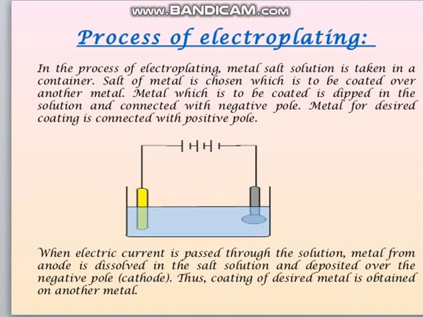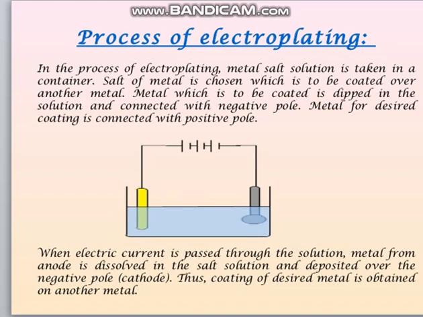Suppose we want to do electroplating of iron with copper. Iron spoon is there and on which we want to make the layer of copper. So that iron spoon will be used as cathode and the copper whose layer we want to make over the iron, that metal, that is copper, that will be used as anode. Okay. Now, so we have taken the anode and the cathode.